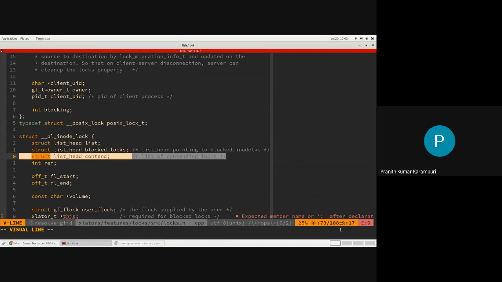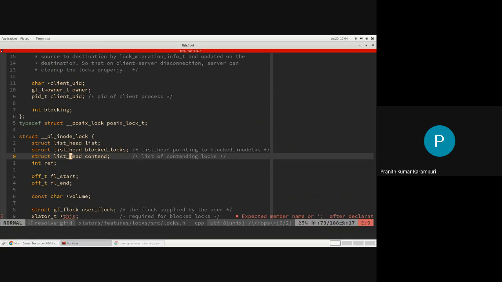So there is this concept of eager locking in both AFR, which is the replication module, and in erasure coding. Instead of taking the lock for every operation and then doing an unlock, they'll just take the full file lock, meaning 0 to infinity, and it will do the ordering of the writes. If the writes are conflicting in the same mount, they will send one after the other. If they are not, then it will send all of them in parallel. So when you are taking a lock for extended periods of time, if another client requests this lock, you need to tell the first client, which has been holding this lock for a long time, that there is a contention detected. Please unlock as soon as possible. So to maintain that, this thing is